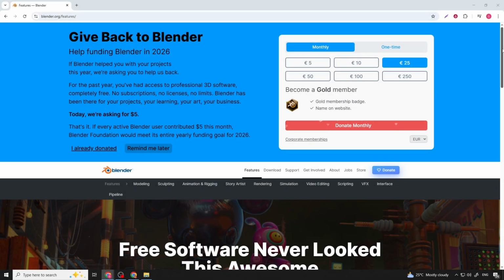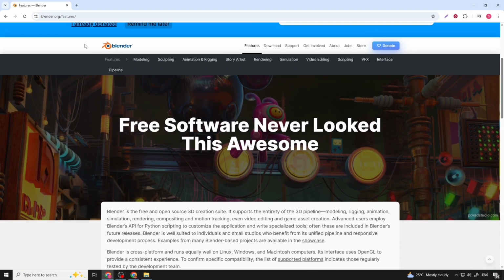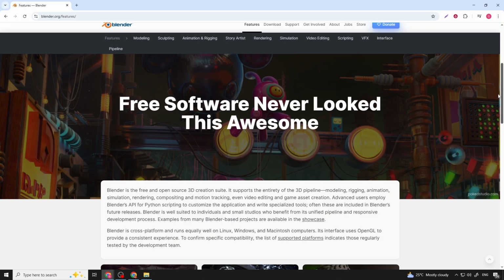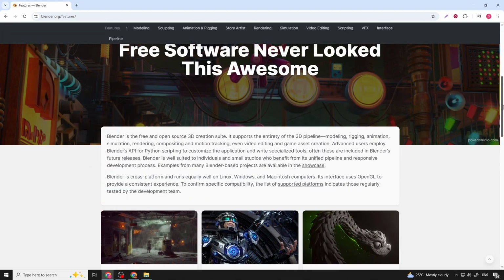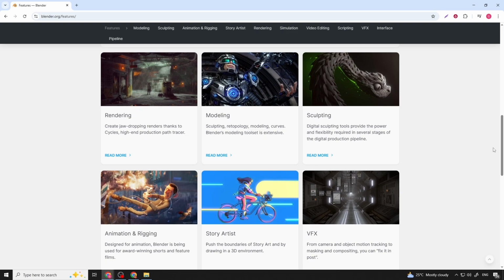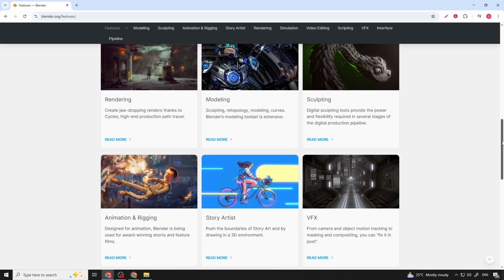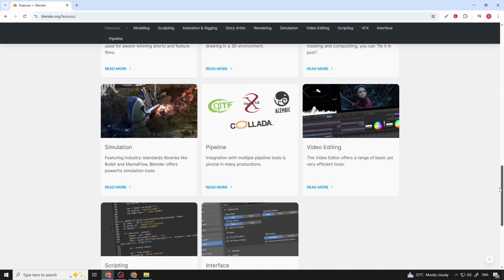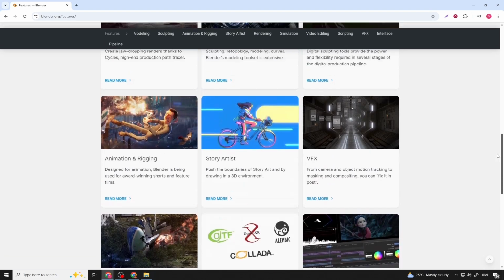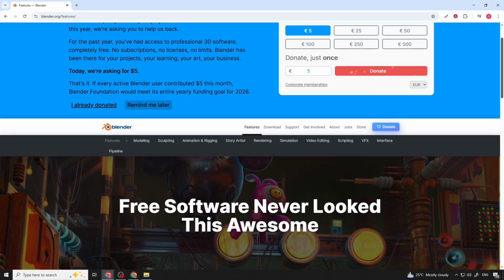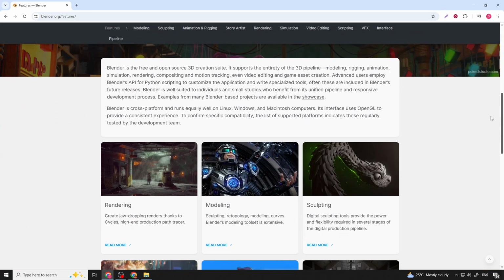Now let's move on to Blender, which exists in an entirely different universe compared to Pixlr. Blender is a full-featured 3D creation suite used for modeling, sculpting, animation, visual effects, rendering, video editing, and even game development. Unlike browser-based tools, Blender is a professional desktop application designed for artists who want total control over the creative process. Blender supports advanced 3D modeling tools, digital sculpting, texture painting, rigging, character animation, physics simulations, and cinematic rendering using engines like